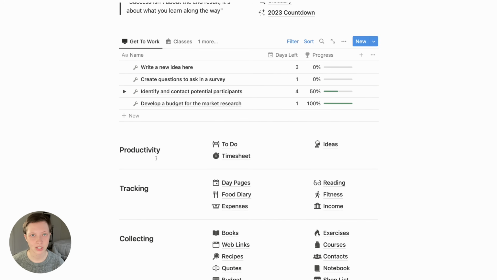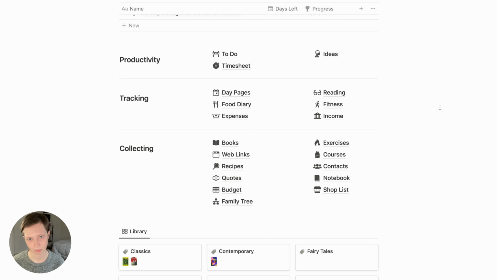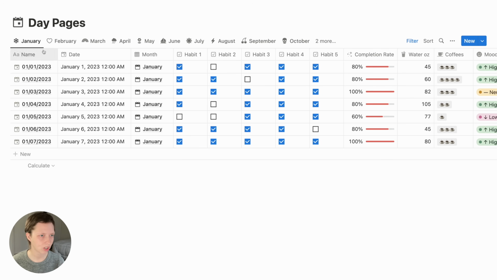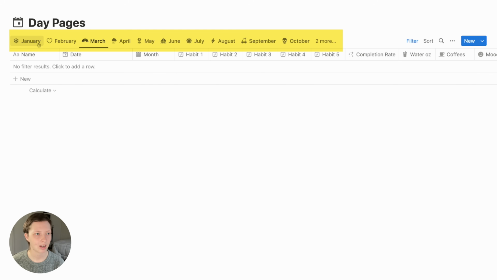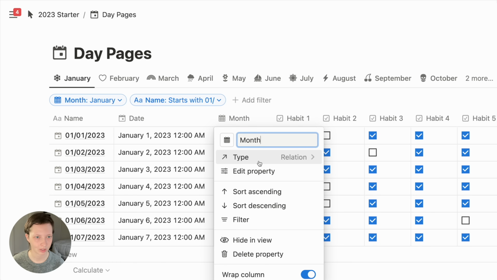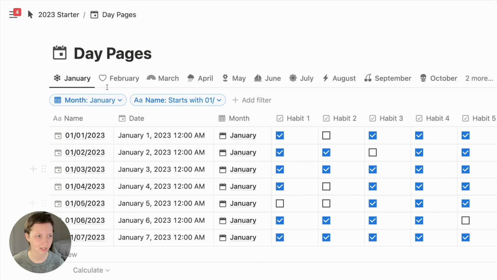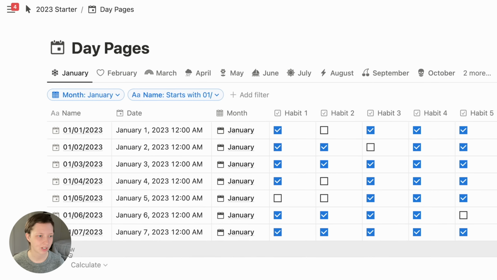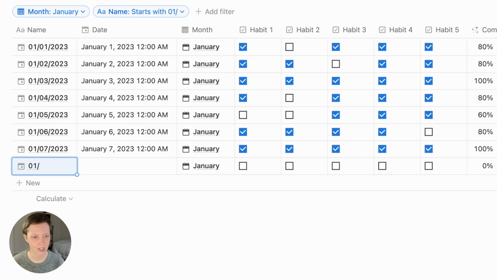So like I said, all of these tracking databases are connected to each month. In day pages, each database view at the top is a new month of the year. And each new month has a filter that simply says this month relation, type relation, to my month database is going to be filled with January. And the name is going to start with 01/. You'll see that the name is dates. So if I were to add a new row here, it should automatically connect to January, 01/, and